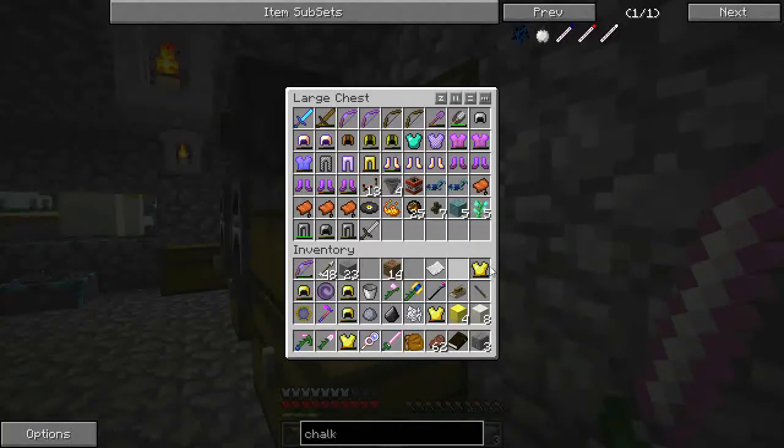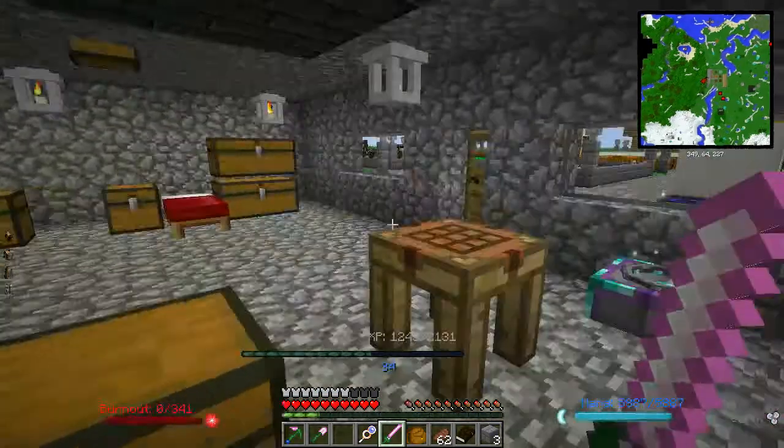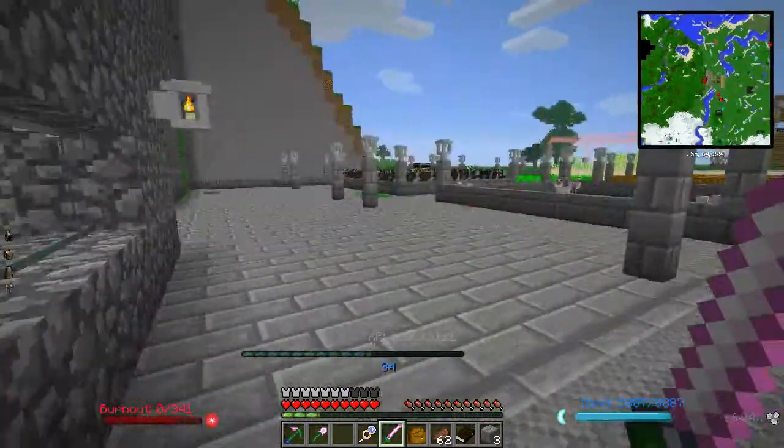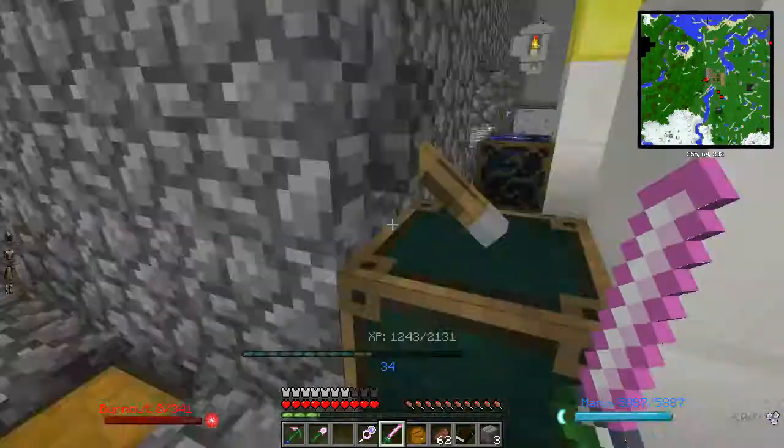Let's see, room for these. Nice. Oh, not quite all of them. What can we pull out of here? You know, let's get rid of this wooden sword. I'm tired of looking at it. Okay, so I'm hoping this thing will start getting some...